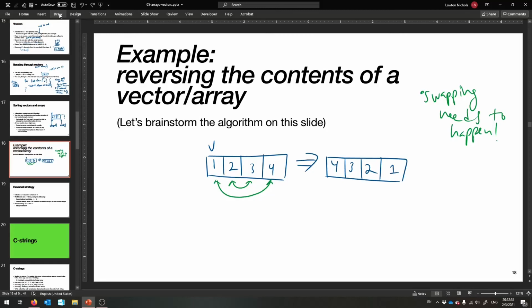Let's think about this. So this is index 0, 1, 2, 3. At least in this example, we were swapping index 0 and 3, and then 1 and 2, but we want to generalize this because maybe our array is size 33, 53. How does this generalize? We want to swap the first element, the 0th element, with the end, okay? We want to swap 0 and